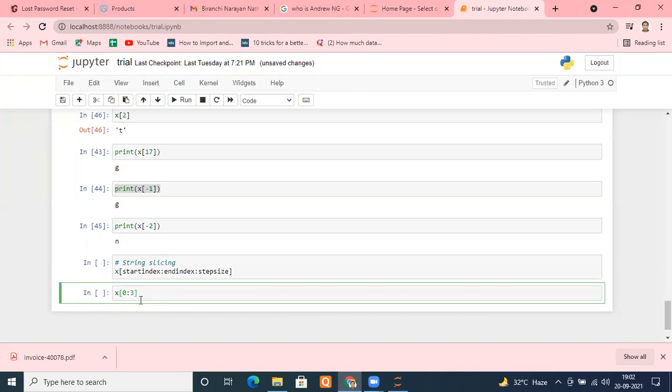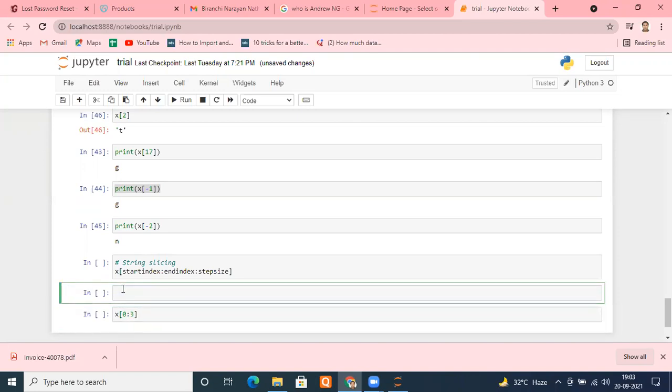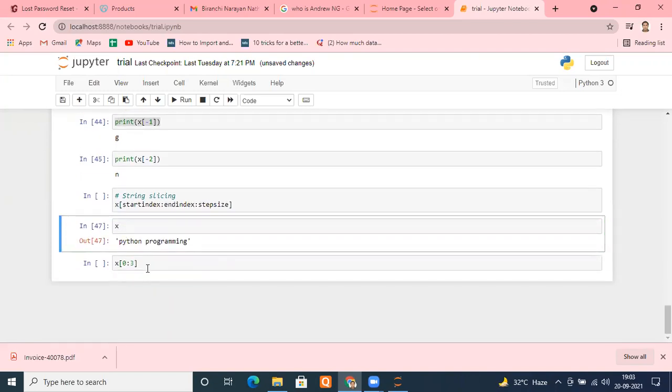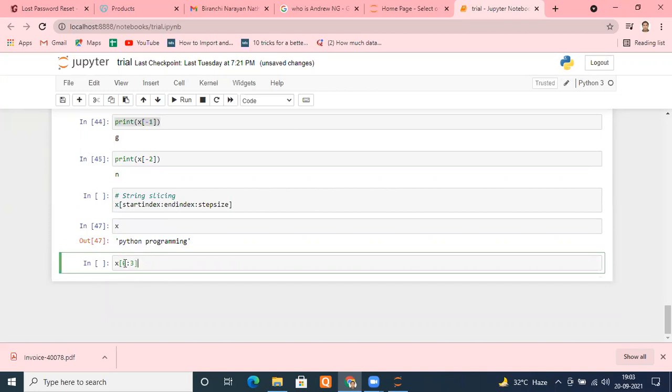If you wish to put the step size, you can put the colon and a step size of 1. But if you don't put it here, it automatically assumes a step size of 1. So let me run it. It will give you 0, 1, 2. Before this, let me print X so that we can see what X has. X has Python programming. So what characters should we get?